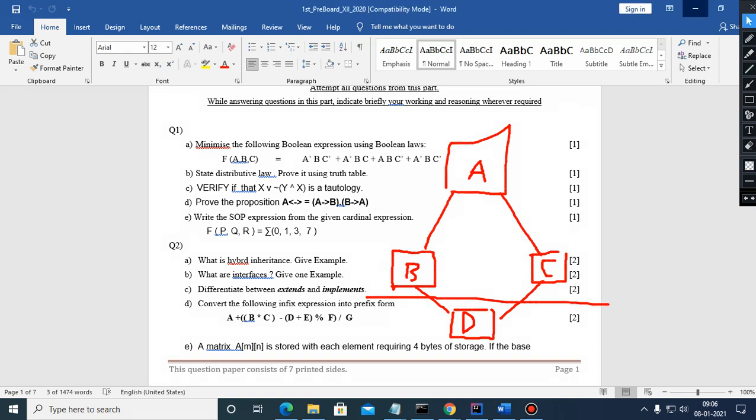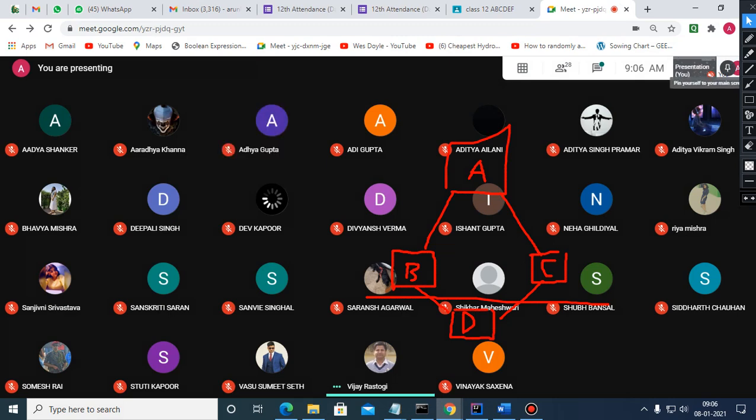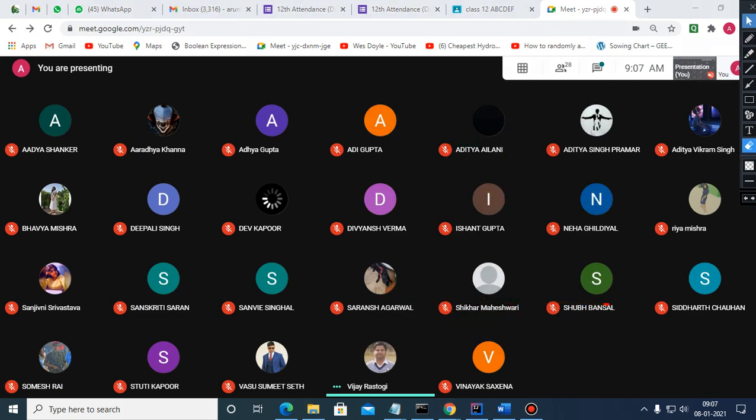So hybrid inheritance is basically the combination of two inheritances, which are hierarchical and multiple inheritance. If you have written the definition along with the block diagram, then 2 marks have been given. Otherwise, only 1 mark has been given.